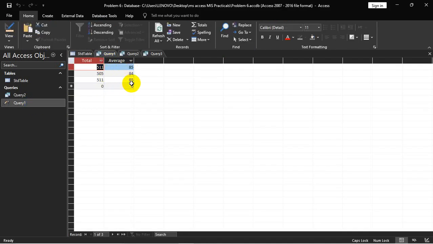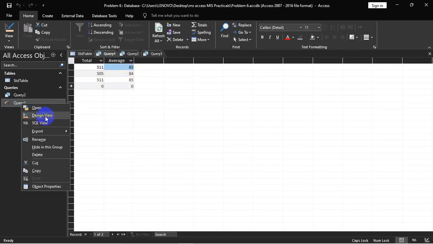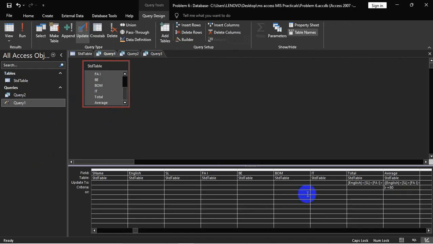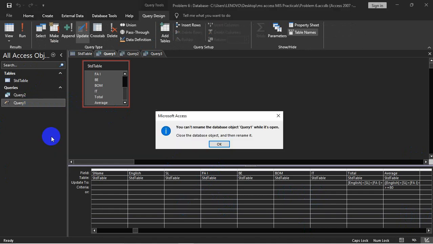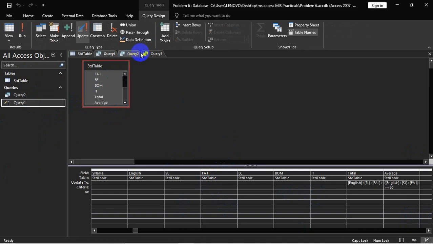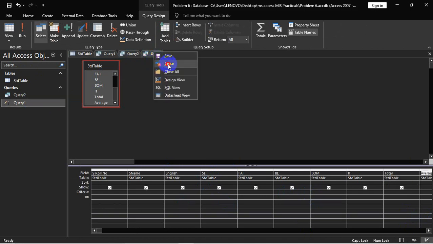These are the 3 rows who got above. This is actually query number 2. I have updated this one, right? You can rename this one, but you can't rename until you close this.